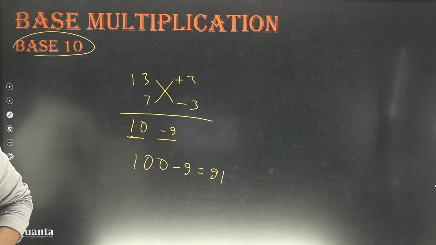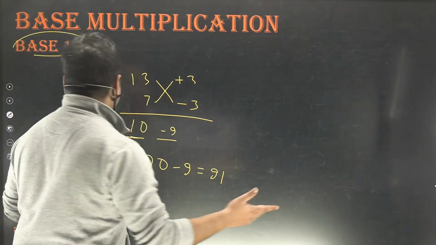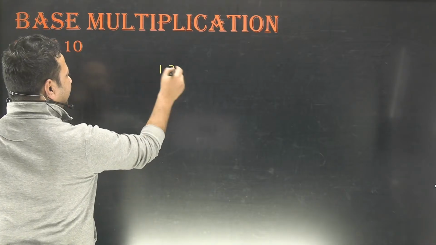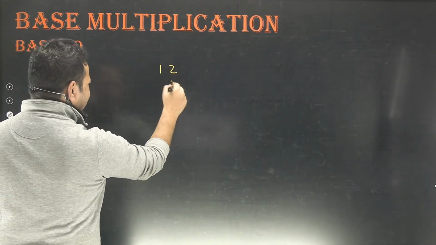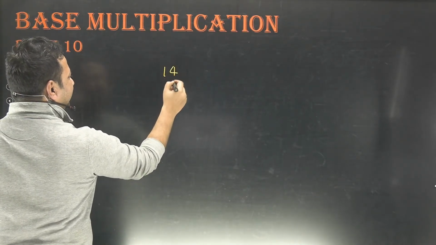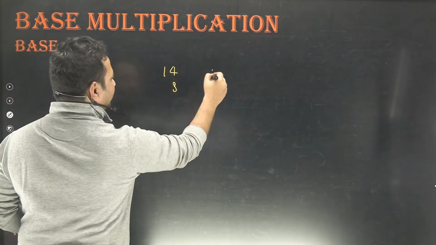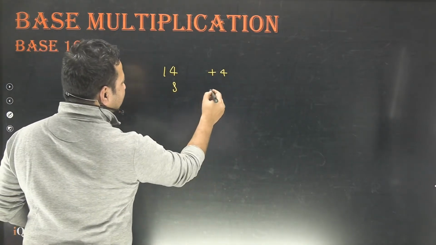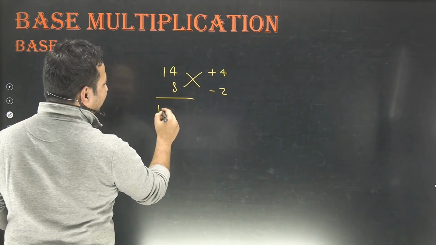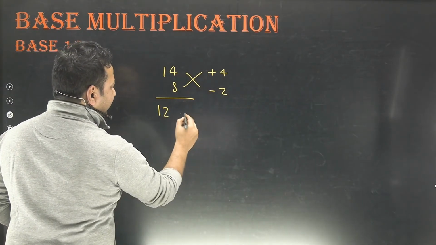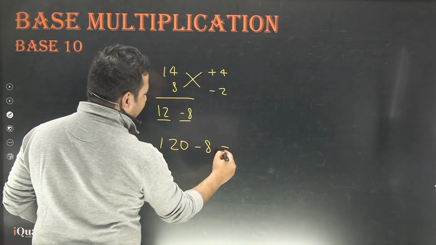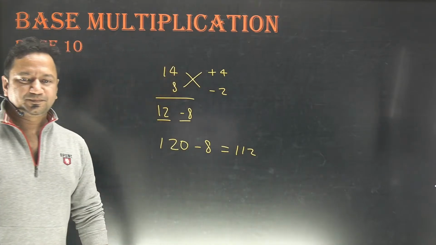Joshi, yeah, it can be a plus b, a minus b, but b would not be same always. So let me take one more example. For example, 12 multiplied by 8. No, it will be same again. Let's say 14 multiplied by 8. 14 is 4 more than 10. 8 is 2 less than 10. 14 minus 2 or 8 plus 4 both would give 12. 4 into minus 2 is minus 8. What needs to be done? 120 minus 8. 112 will be our answer. Right?